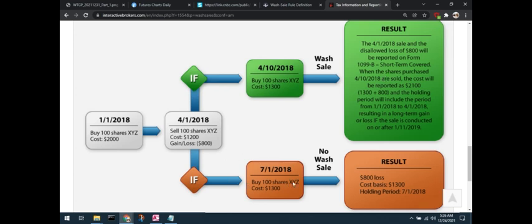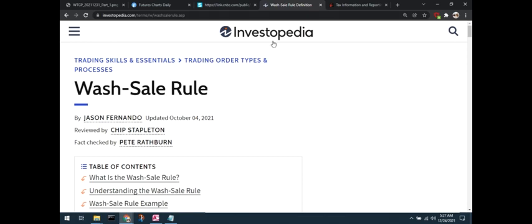If it's not a wash sale, then you can deduct it from your taxes as a tax loss for this year. So again, I'll leave both the links to this in the description box, and I hope that this all helps you understand both the wash sale rule and avoid it if you're trying to take a tax loss, and also understand why we expect most of the tax loss selling to have abated at this point.